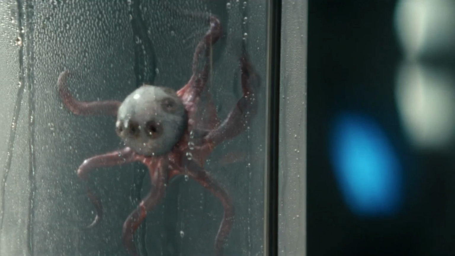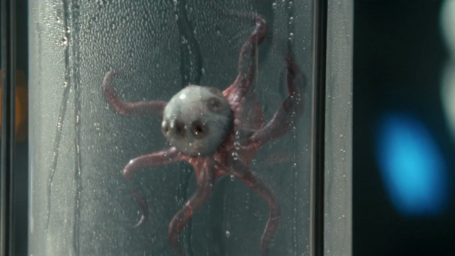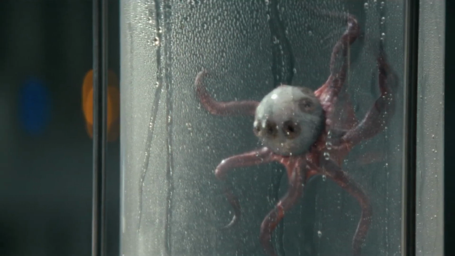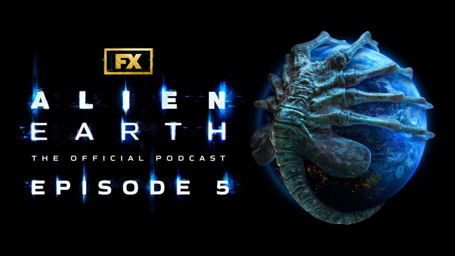Point number 13. Speaking of the Ocellus, I know a lot of people, myself included, thought that Ocellus was actually trying to warn Chibuzo about the escaped tick. But according to series creator Noah Hawley on the official Alien Earth podcast on the FX Network's YouTube channel,